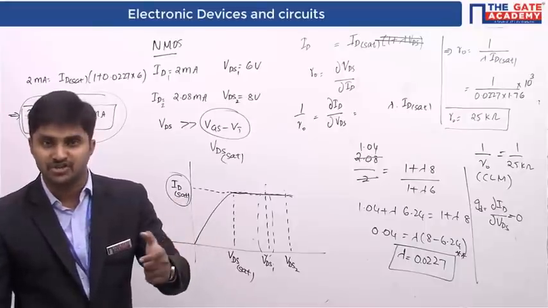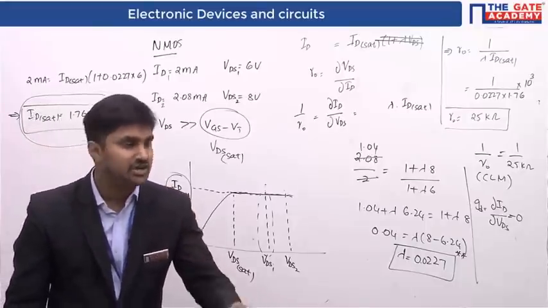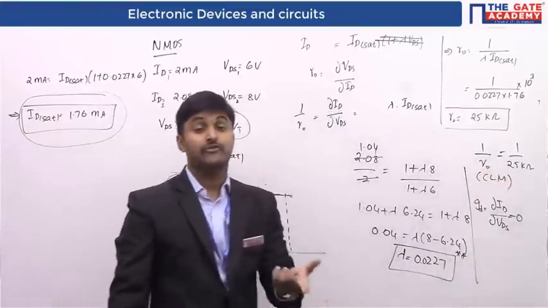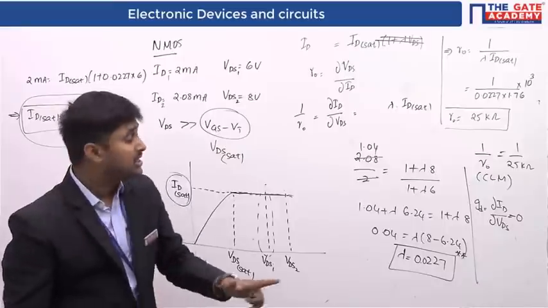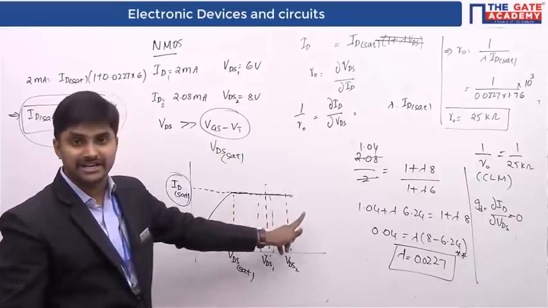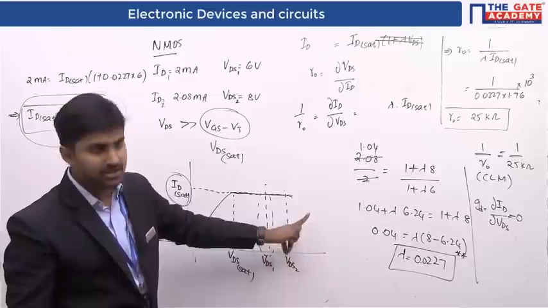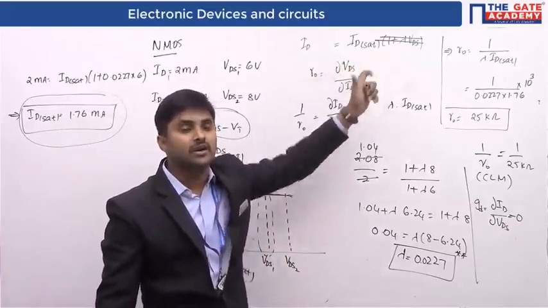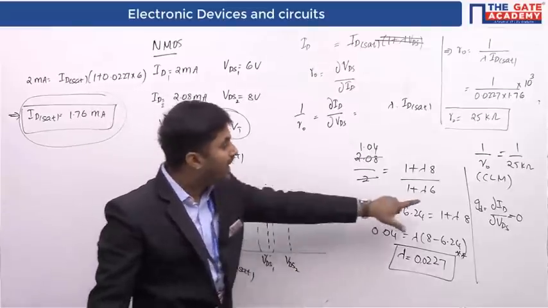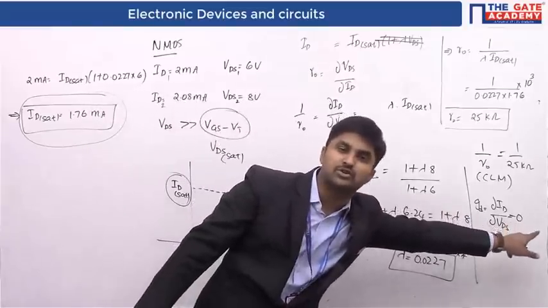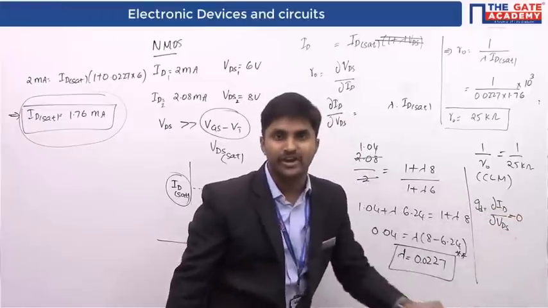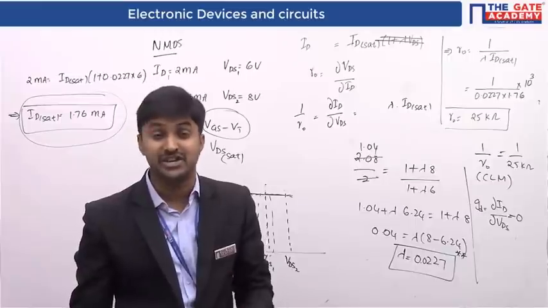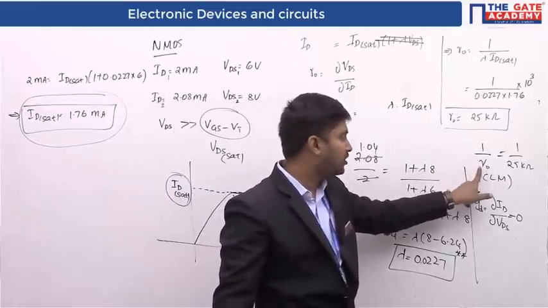channel length modulation. If you consider channel length modulation, then yes, it's going to be 1 by R naught, which is 1 by 25 kilo ohms. If you are not considering the channel length modulation, then your current is going to be constant, equal to ID sat, and there is no change in it with respect to VDS. So dou ID by dou VDS is going to be equal to 0 if you are not considering the channel length modulation. If you consider it, then it's going to be 1 by R naught, because